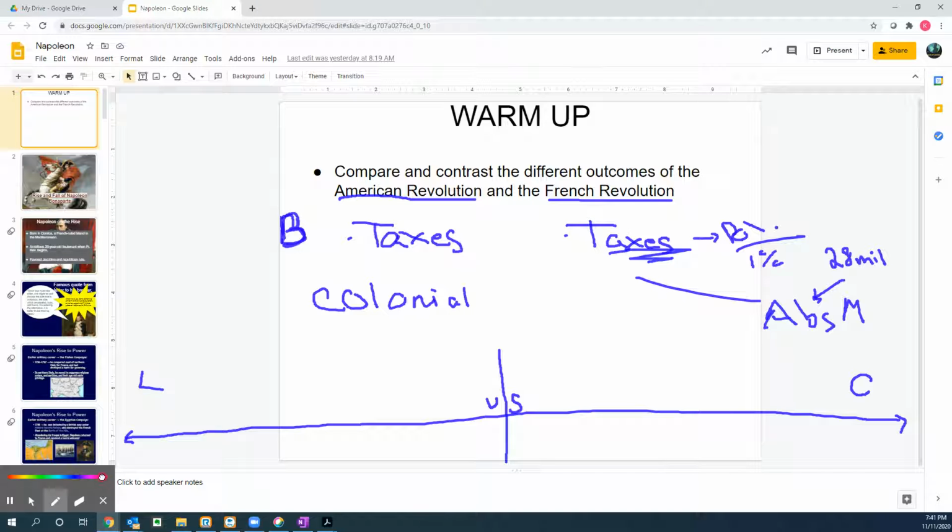Let's do Great Britain and the US colonies. So Britain already had a constitutional monarchy, so it's not absolute. So I'd say we'll put it between the US and then any conservative government that existed at the time. So this would be England here, and its colonies. So the British colonies or the American colonies ended up moving from this middle ground approach to about halfway to where we are today.